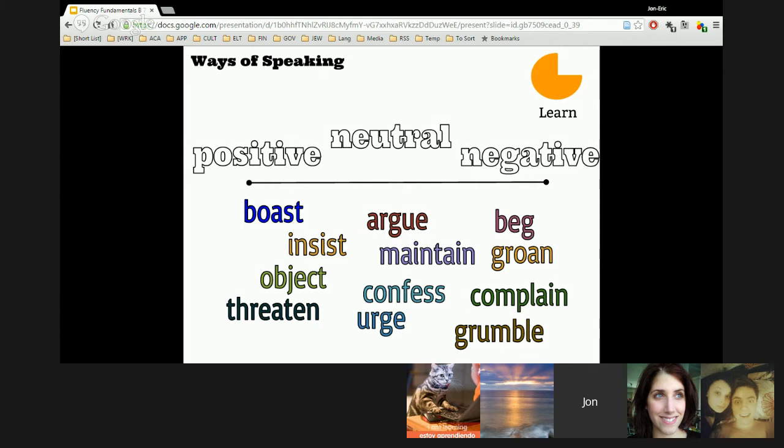So it's not really positive or negative. I agree. It can be negative, but if you say I insist on getting paid monthly, well, that's just your right. There's nothing really negative about it. So it's more or less neutral. It could be negative if it's not socially acceptable or something like that. He insisted on doing all the talking. Well, that could be negative. Okay, but it's not inherently negative.